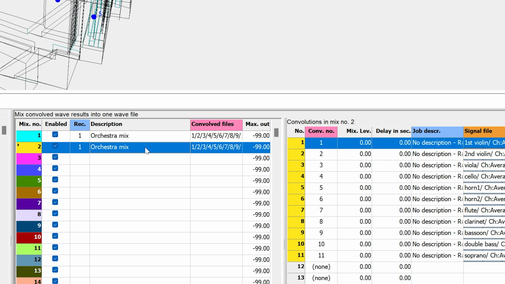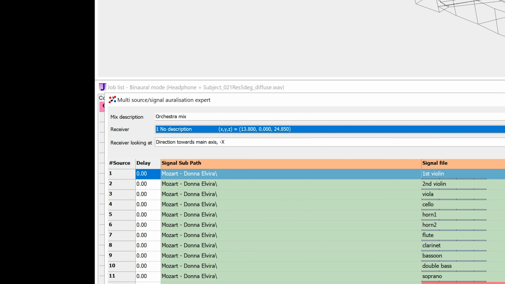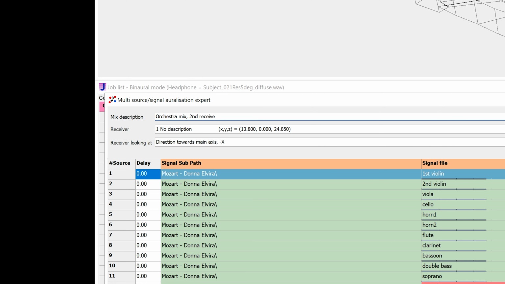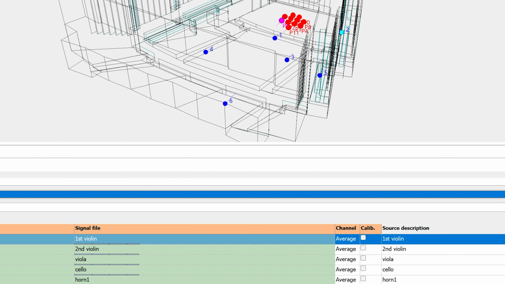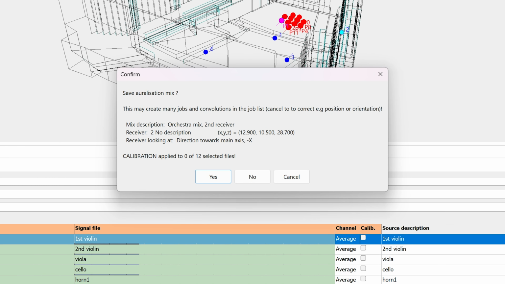This is especially useful if you want to calculate the same auralization for a different receiver position, in which case you will first duplicate it, then go into editing it, and change the receiver. I will also enter a new description while I'm here. When closing the Auralization expert, new jobs will be created for the new receiver.